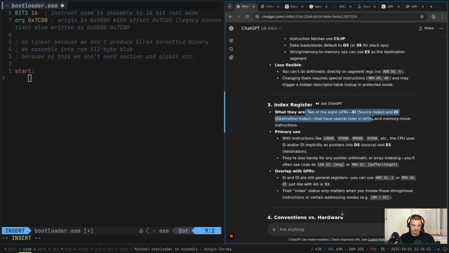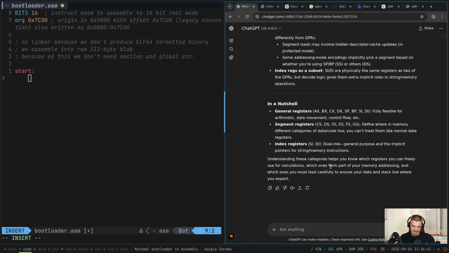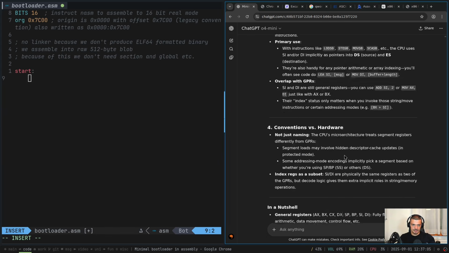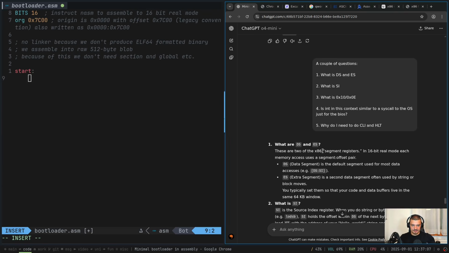So index registers: the CPU uses SI implicitly as pointers into, okay, this is stuff I don't really understand here. In a nutshell, fully flexible for all sorts of things. Segment registers define where in memory different categories of data and code live. You can't treat them like normal data registers. Index registers: dual role, general purpose, and the implicit pointers for string memory instructions. Okay, now that we know that sort of,